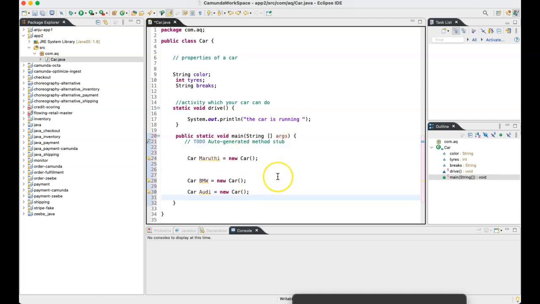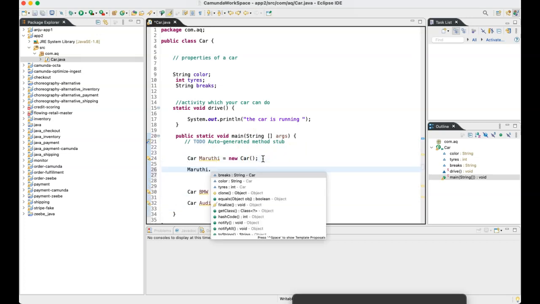Nothing fancy about it. Okay, just focus on what we have been doing. Right now, I want to drive Maruti, right?